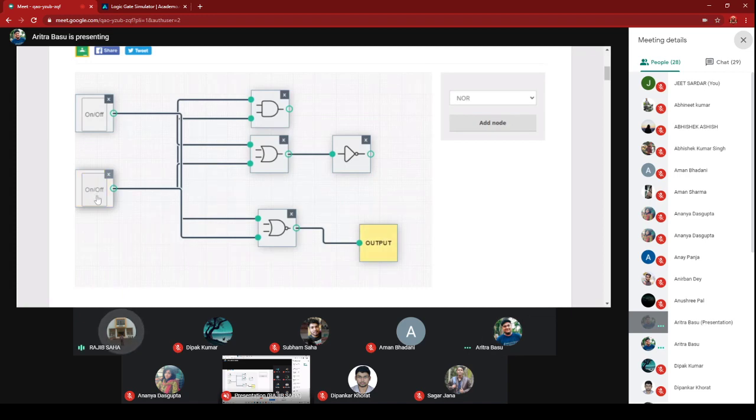So what is the logic of NOR? In the OR, if any of the inputs is 1, the output is 1. So here, if any of the inputs is 1, the output is 0. And when all the inputs are 0, the output is 1. Okay? So you have done it. So basically, we have 3 basic gates: AND, OR, and NOT. And then we have NAND and NOR.